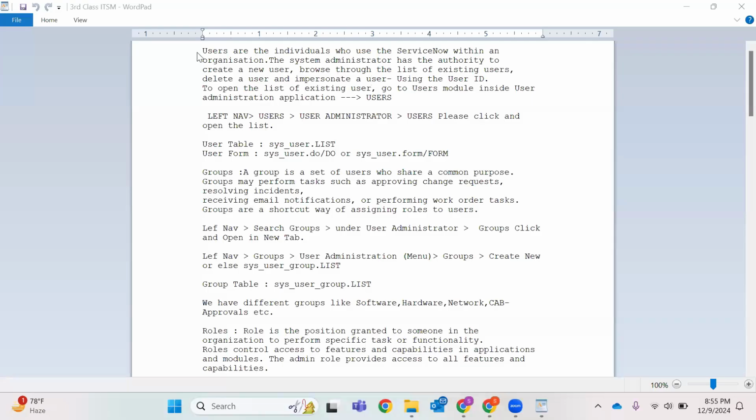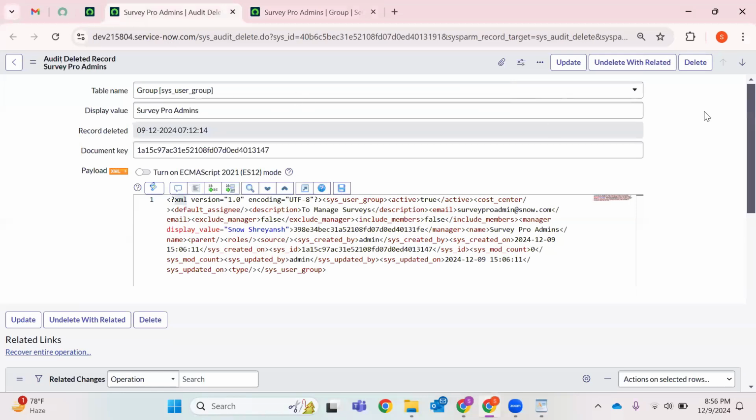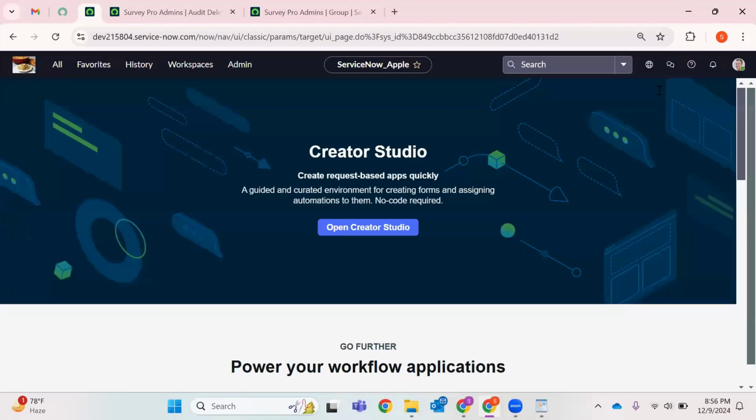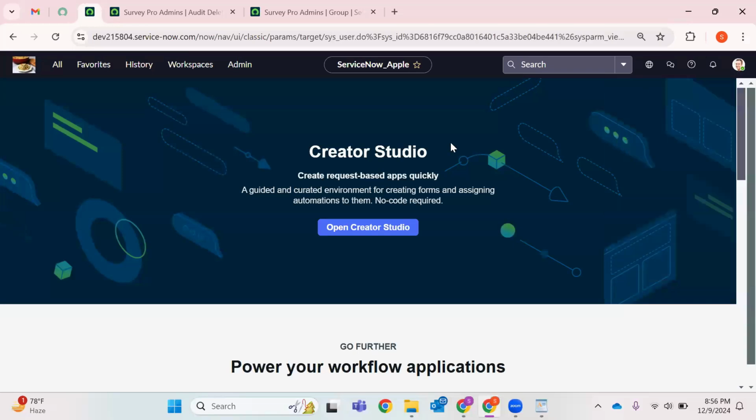So I have given a theory here. Who are users? Users are individuals who use ServiceNow within an organization. The system admin has the authority, and only the system admin will be able to do that. If you talk about this particular PDI, the system admin is the currently logged in user. And if you just go to his profile from here,